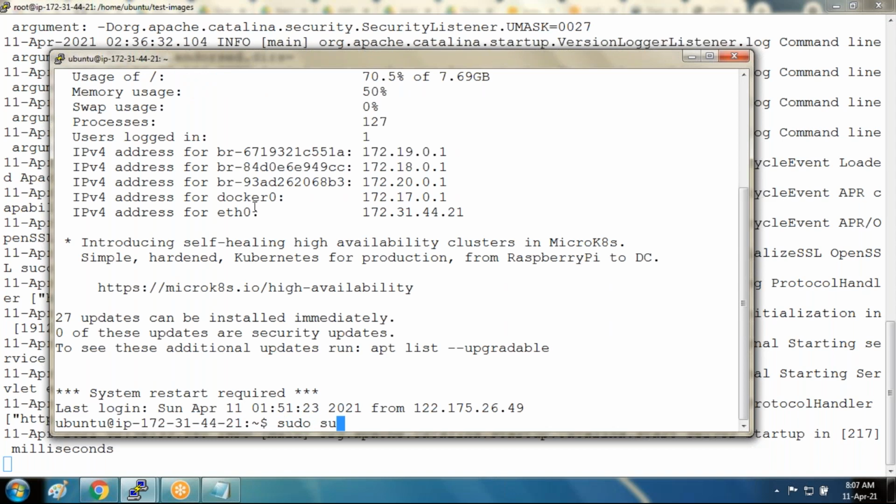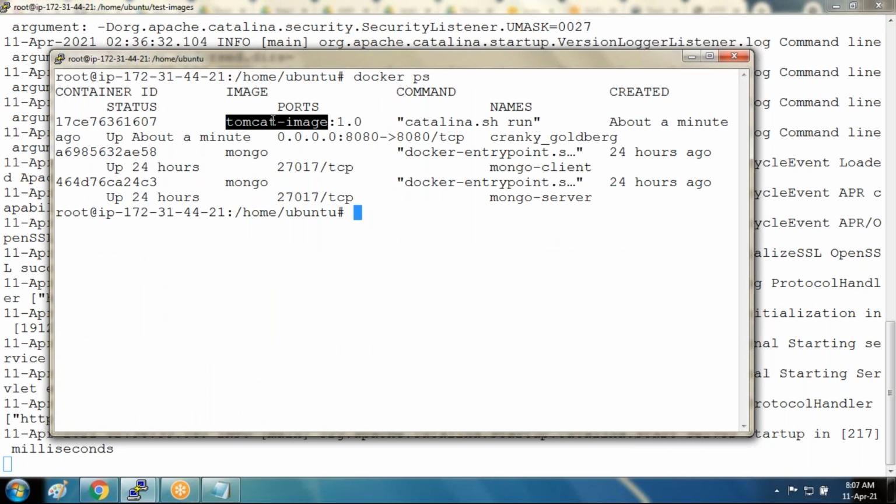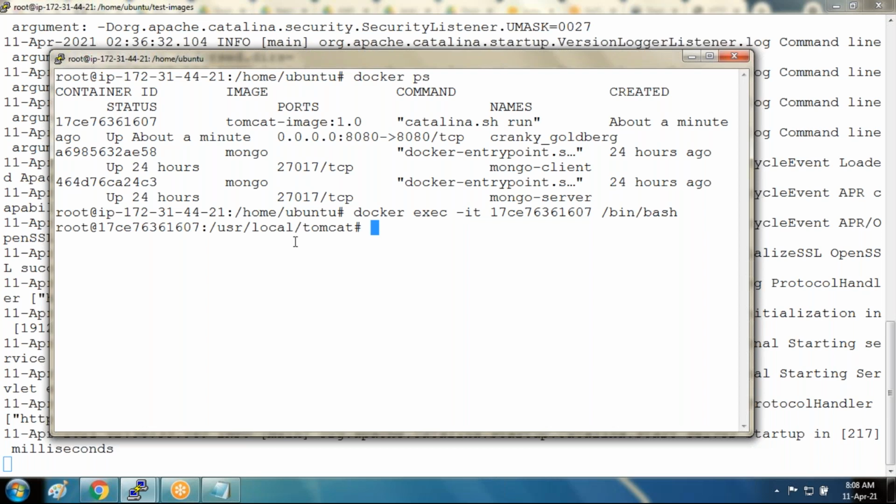What is that? So docker ps, that's the one. Okay, so I want to log into that in exec mode. Let's exec into the container. Docker exec, okay, and then the container, and in interactive mode, of course. Okay, so we are in the container, and then usr and then local Tomcat